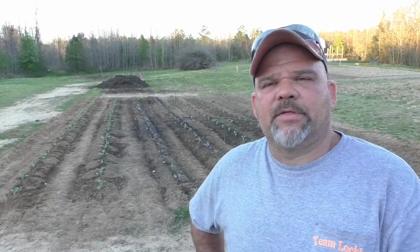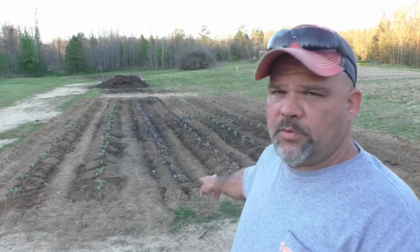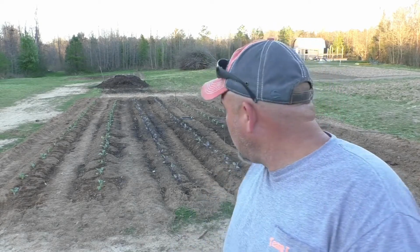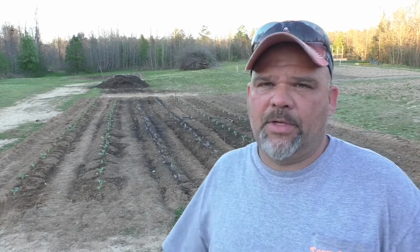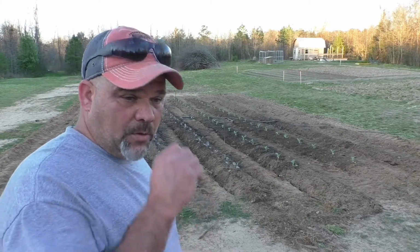All right, guys, we got everything in the ground. Two rows of stonehead cabbage, two rows of red jewel cabbage, two rows of green magic broccoli, and I got two extra rows down there I'm gonna put lettuce in later on. I want to kind of give you an idea of how I laid out